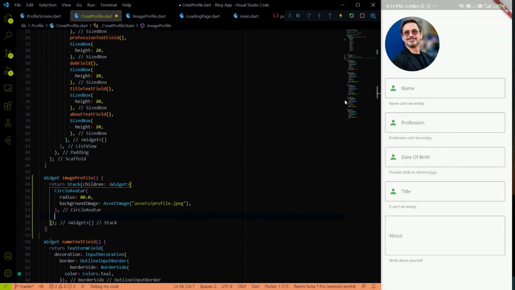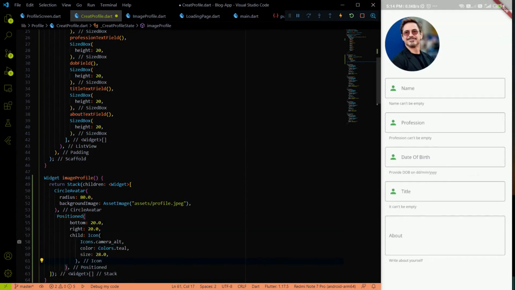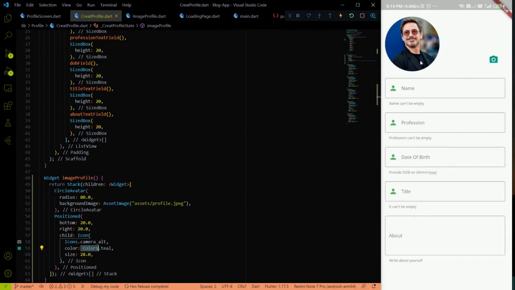So we have to use a Positioned widget and provide the bottom and right parameters like this, and provide an icon. We are using a camera alt icon and a color. So in the child I am providing an icon, and the icon is camera alt, and the color is Colors.still. If I hit save, you will see an icon will come just above the image,